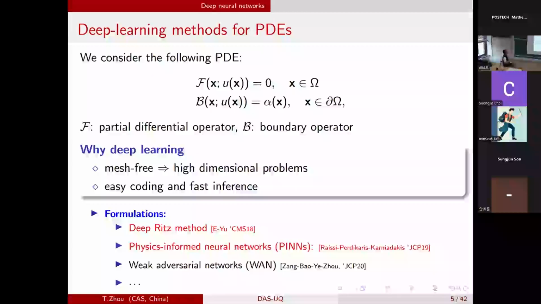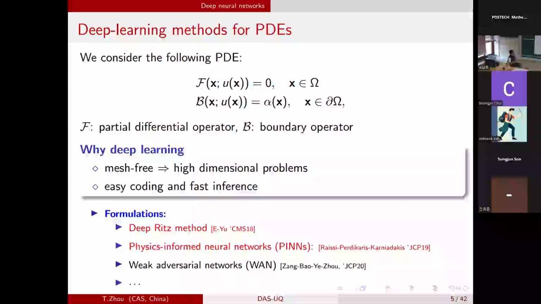But now it seems that many people want to use neural networks to solve this kind of PDE. I think the main reason is that it might be possible to handle high-dimensional problems. Actually, if you use finite element or spectral methods, you can't imagine solving a very high-dimensional PDE, because all of these methods are based on meshes or on tensor product approximation, which is not a good framework for high-dimensional problems. So one reason is that neural network functions may be a good choice for high-dimensional problems.